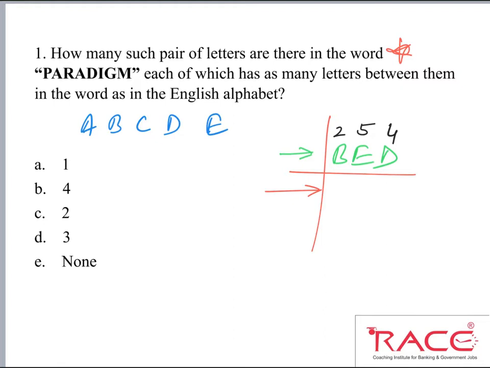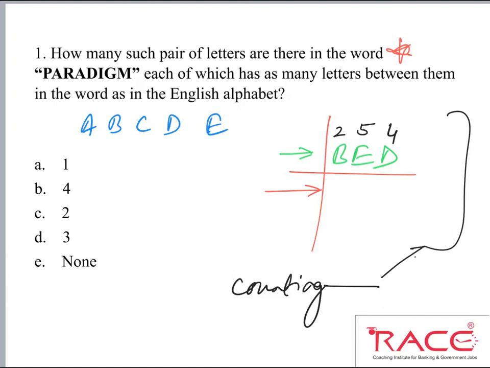Before solving this question, you have to go through the concept that we have discussed earlier, and you have to learn each and every place value of the letters. Only then will you be able to solve this question within 10 to 15 seconds. Otherwise, it is a time consuming process. Now, after writing these place values, we will start counting. We always count in ascending order. We will not count in descending order. So we always count in ascending order, meaning 1, 2, 3, 4, and so on.